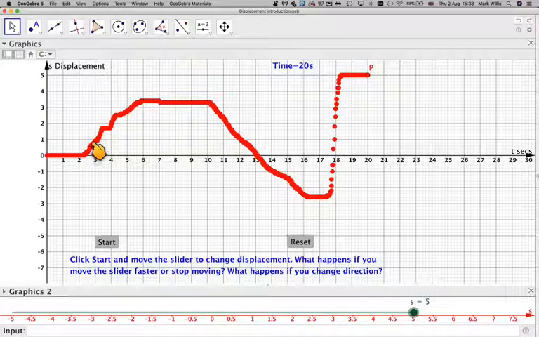In the first part of the motion, the first 2 seconds, I didn't move the slider at all, and then the displacement increased, so there was some velocity here. Velocity is a vector quantity, the measurement of displacement over time. At this point I kept the slider in the same place, and then when I change direction, so move it back, the velocity becomes negative,